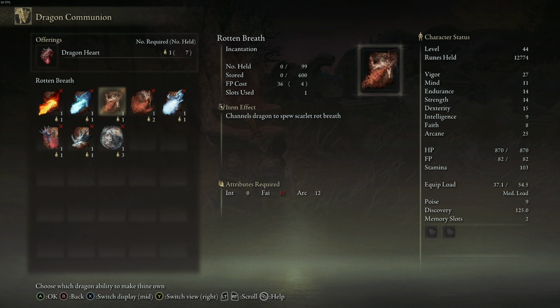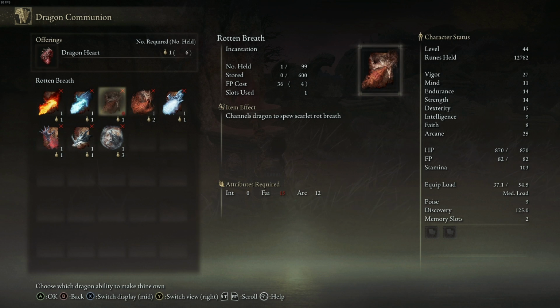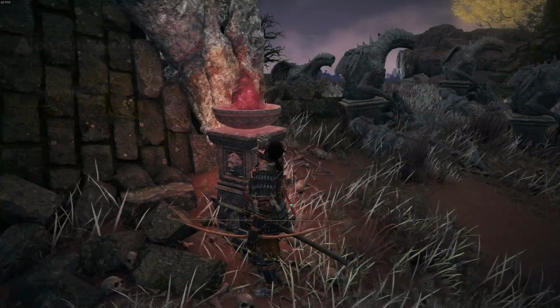Well, this one could be pretty cool. Requires 15 faith to get that thing going, which is double the faith I have right now. We're at 8. However, this potentially could be a really easy way of applying rot to enemies. And poison and rot and bleed are the cornerstones of our build. So if I can get this to be a situation...